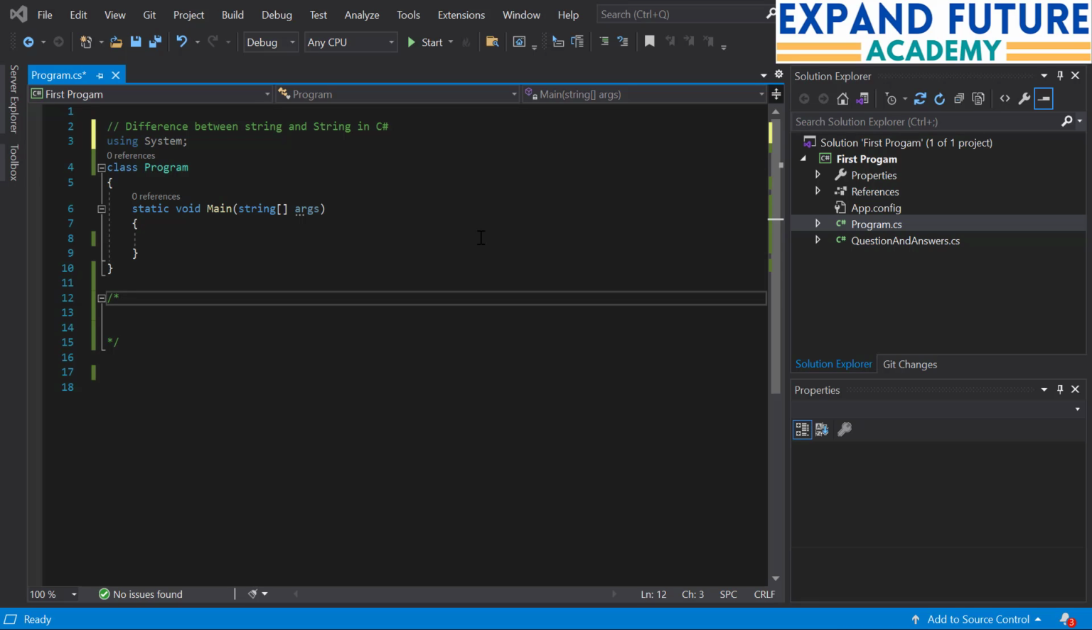Hey dear programmers, I often get a question about the difference between string with lowercase s and string with uppercase S in C# programming. So in this video, I'll be telling you the difference between string with lowercase s and string with uppercase s. So first, let me tell you, when we are making use of .NET framework,